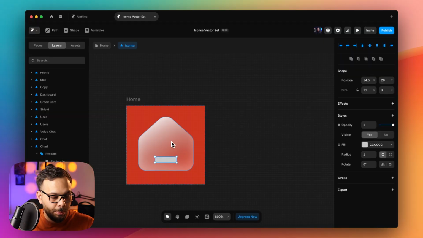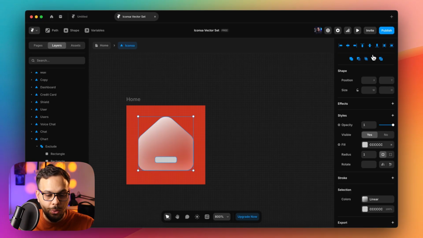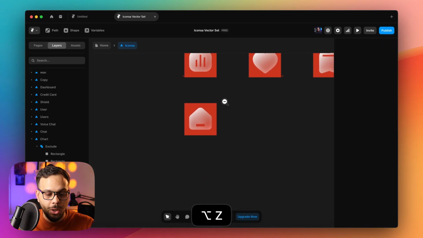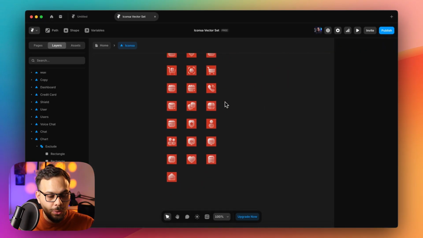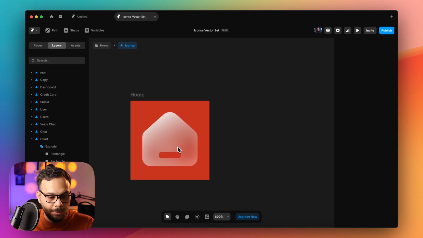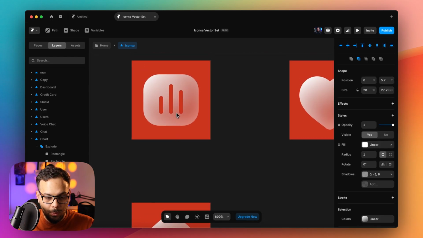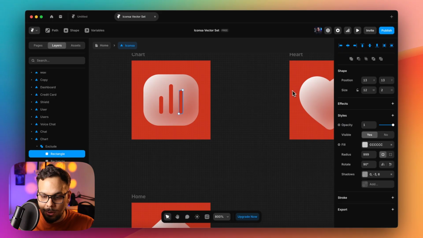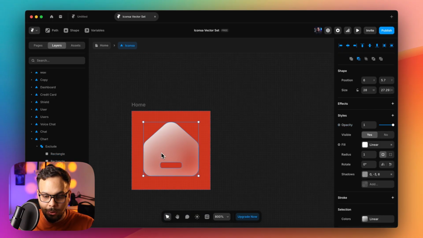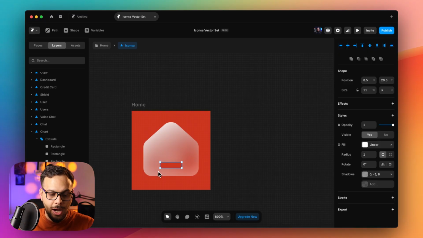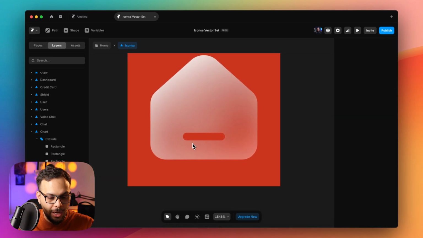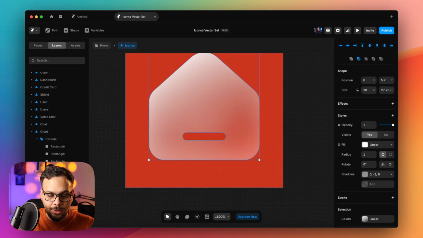And I'm going to select both of my paths and make them extrude because I don't have any, let's say, fill color on my icons. So it's a little bit thick. So I'm going to just select one of my rectangles. It has 2 pixel height. So I'm going to make this rectangle 2 pixel height, so we're more consistent in style. Okay, so I'm going to bring it to the bottom a little bit,